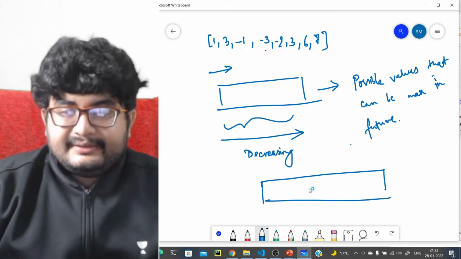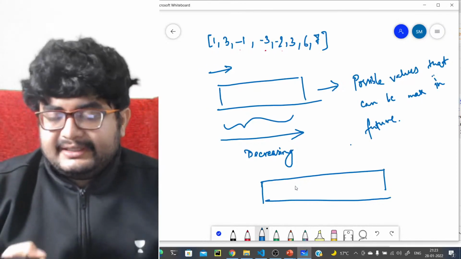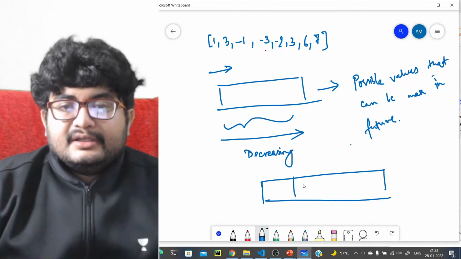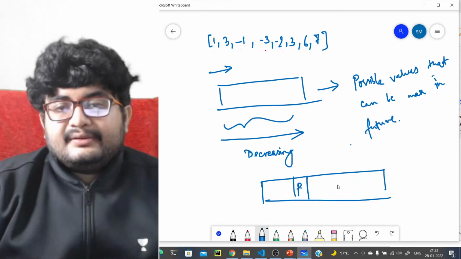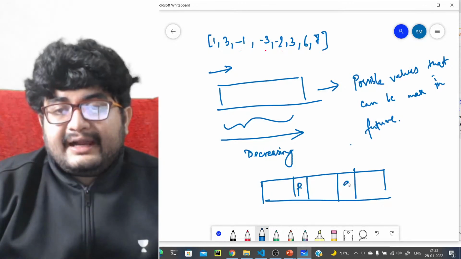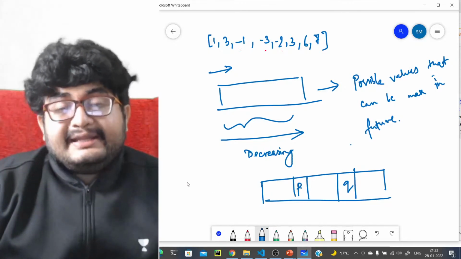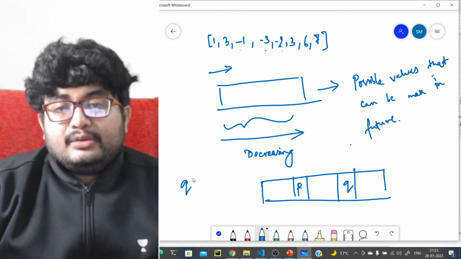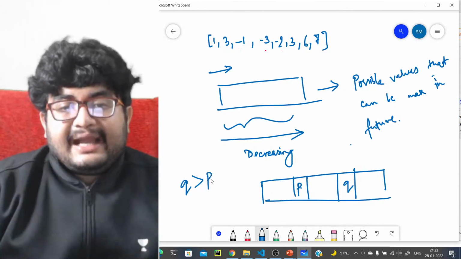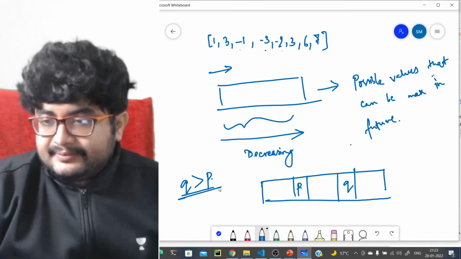I am saying let it not be decreasing. So there is a P. After that there is a Q, and it is not decreasing. That means let's say Q is greater than P. I am saying Q is greater than P.